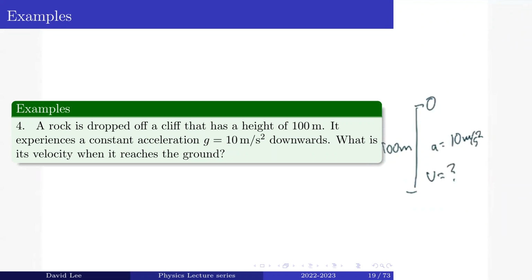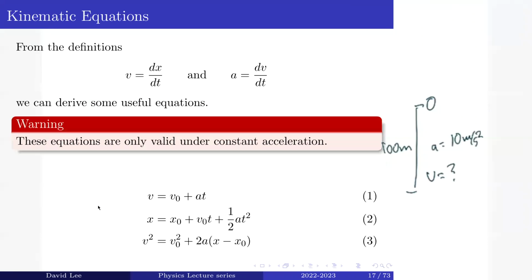So if we go back to our list, which equation here do you think will be the most useful? Three, yeah. Equation 3 is definitely the most useful in this case